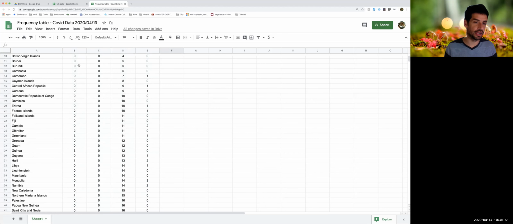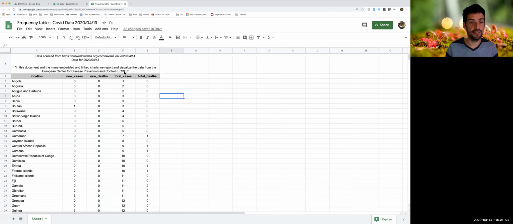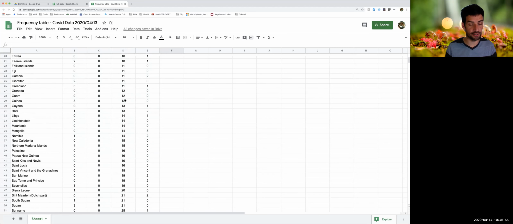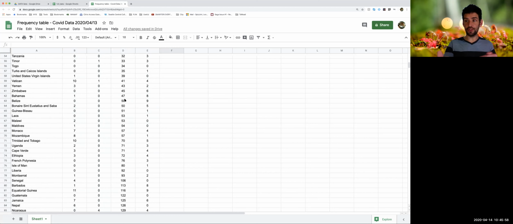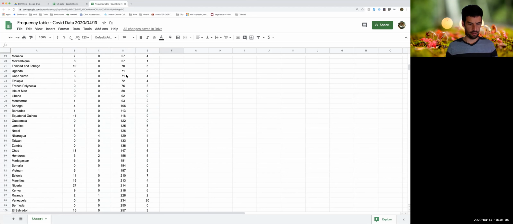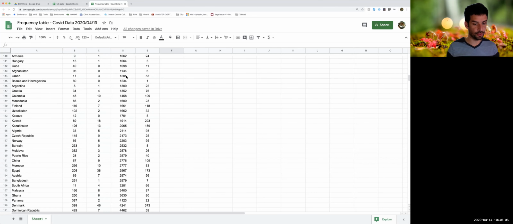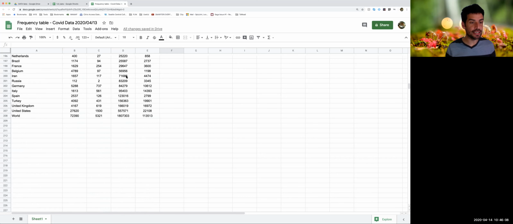So it's not organized in this column anymore. It's organized by this column, which is now strictly increasing. So when we do this, it reorganizes everything we had selected